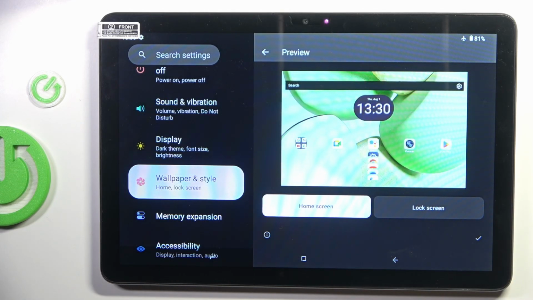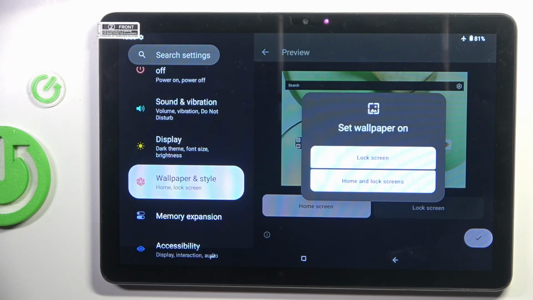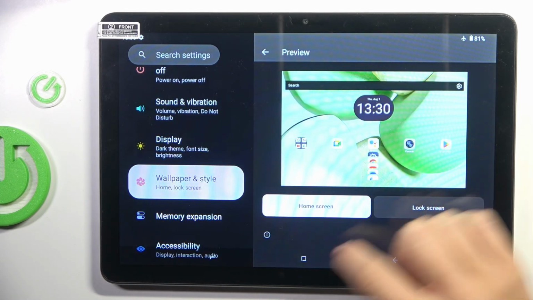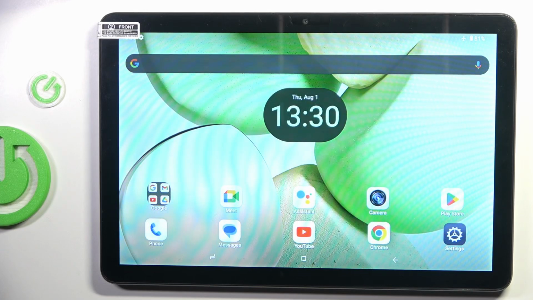And once you want to set it up, just click on confirmation mark and then decide if it's for your home and lock screens or just lock screen. In my case, it's for both, so from now on you can notice this brand new